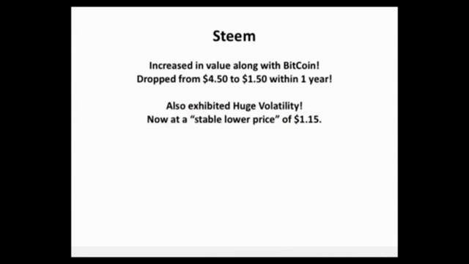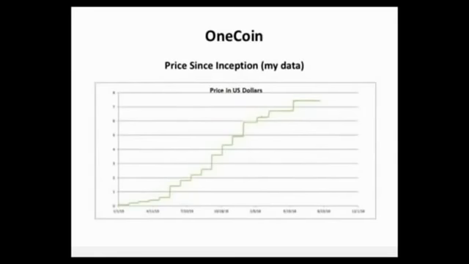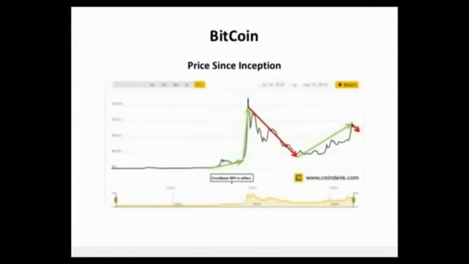So with OneCoin, though, the next slide, this is the price that I put together from the data I collected since January of last year. And that looks pretty good, kind of like the early days of Bitcoin. And the next slide shows some of the advantages. Here's what happened to Bitcoin, how it started off easy, then it went way up, and then bang, went way down, then up more slowly, and now it's going down.